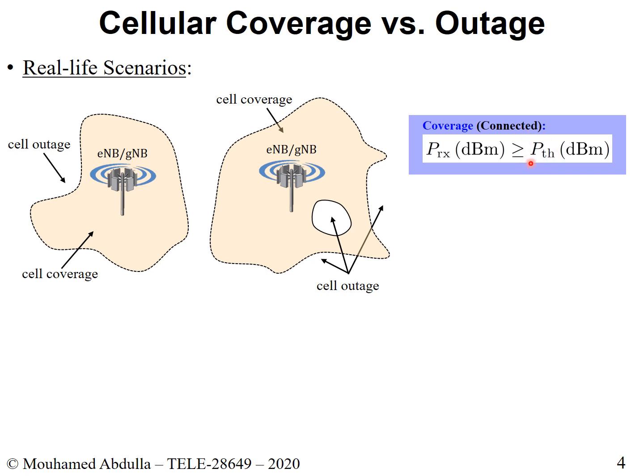Now you might say, well, what is the threshold in general in mobile communication? It really varies from one carrier provider to another. It varies also from one mobile device to another. But in general, the threshold that you could consider is minus 110 dBm. Minus 110 dBm could be the absolute minimum threshold. So if you are below minus 110 dBm, forget it. You're not getting a signal. You are in outage. If you're above minus 110 dBm, you're good.